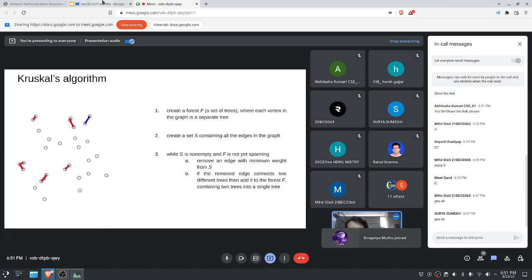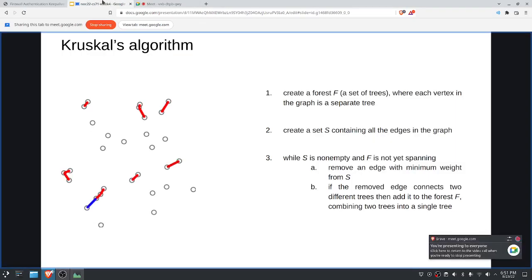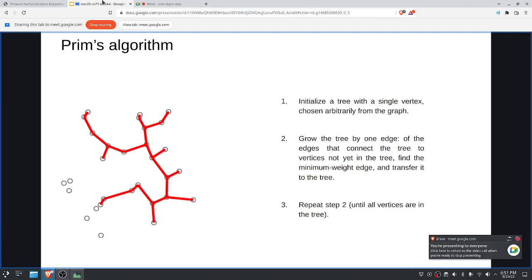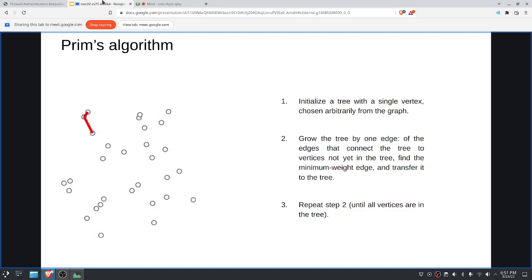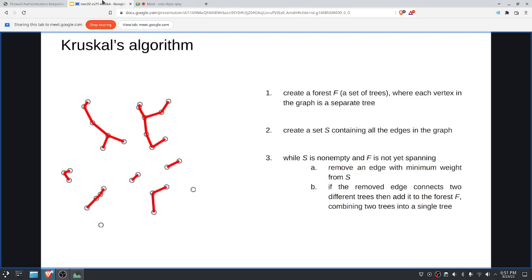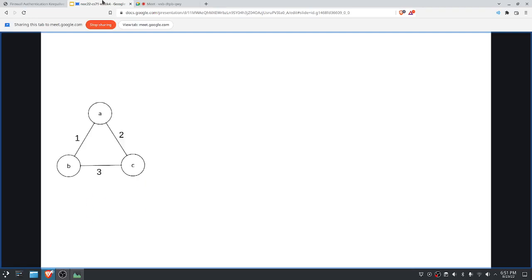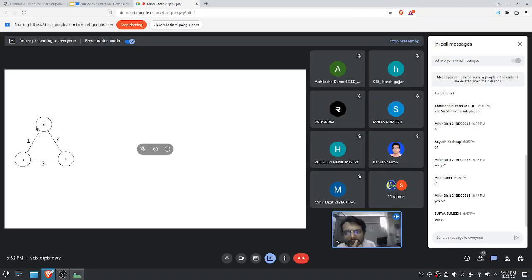Okay, so now with this information, you have two ways of choosing your edges. With Prim's algorithm, you keep growing the same spanning tree until all the nodes are exhausted, picking edges which are smallest amongst all the edges. Given these two ways of creating a minimum spanning tree, what I want you to do is create a minimum spanning tree of this given